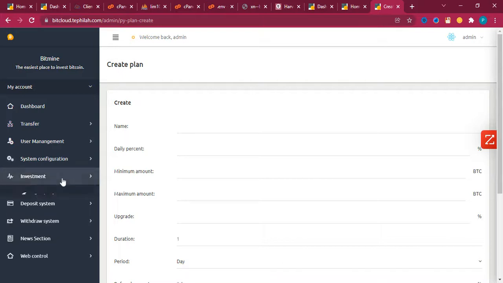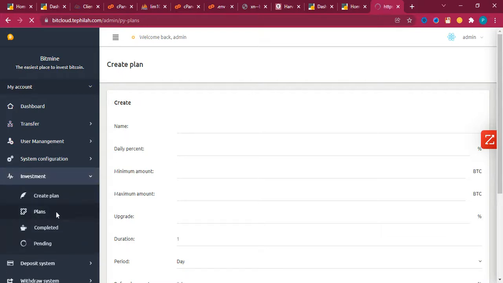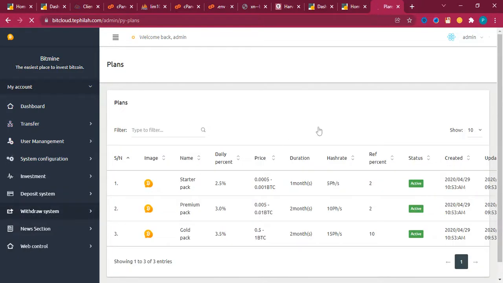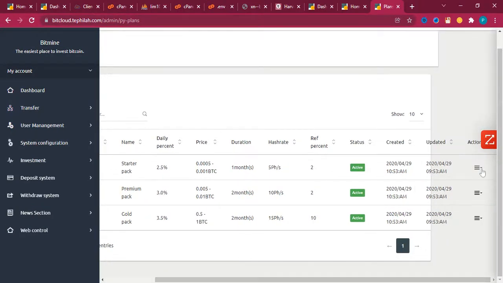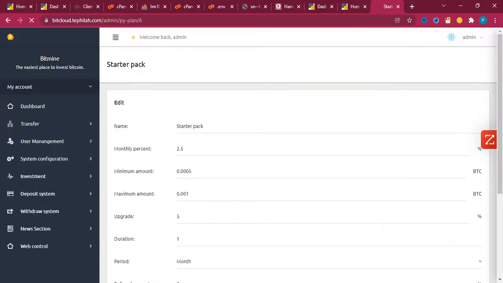Beyond that, still on the same investment page, you can see the existing plans you have created. All the plans you have created on the platform come here, and you can edit, delete, or deactivate them, making a plan active or inactive. For instance, I want to edit the starter pack and call it the basic pack. So this is now the basic pack.